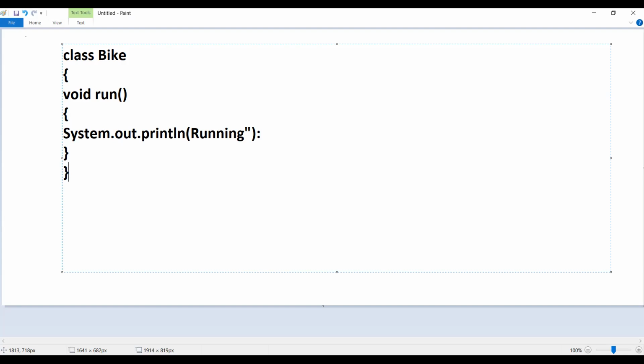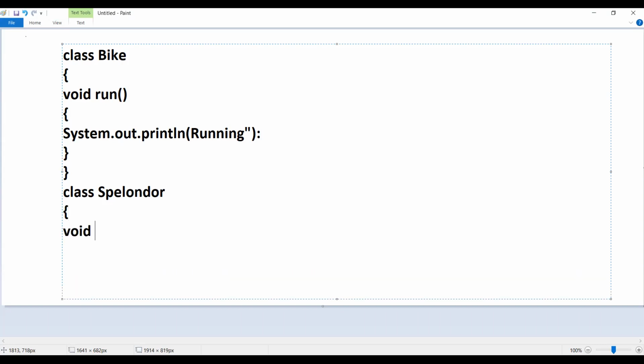Now I am going to derive one more class called Splendor. In this Splendor class, I am once again going to write the method called run, giving the same kind of conclusion as in the base class.